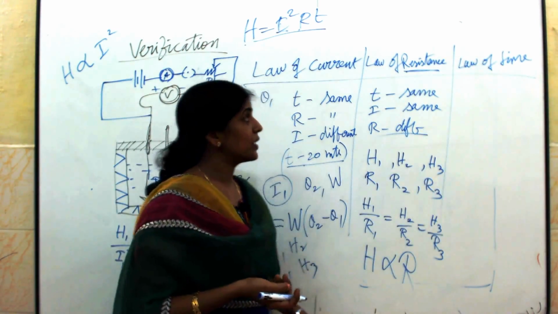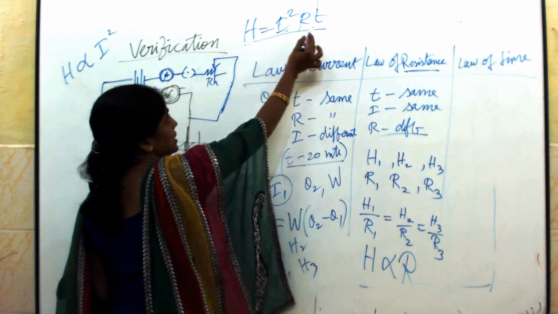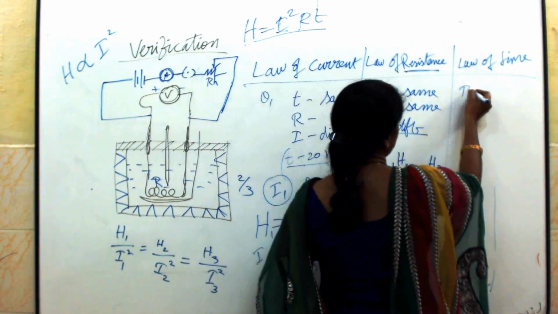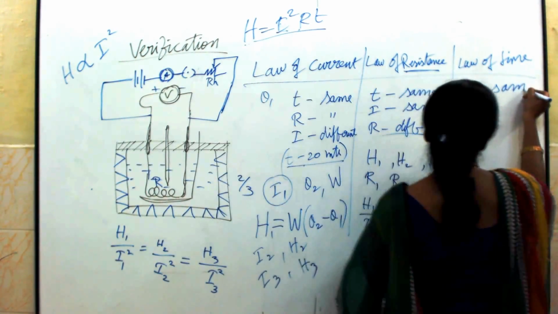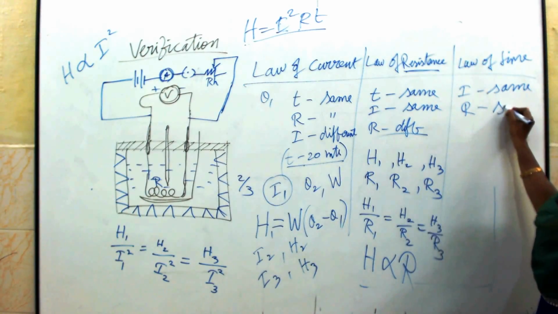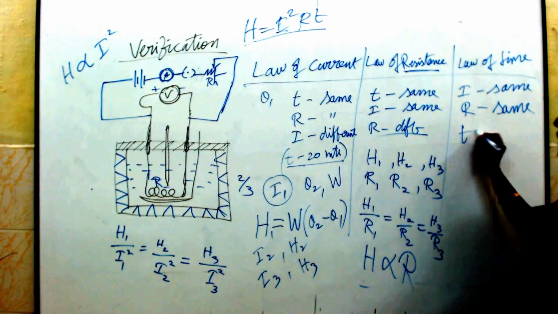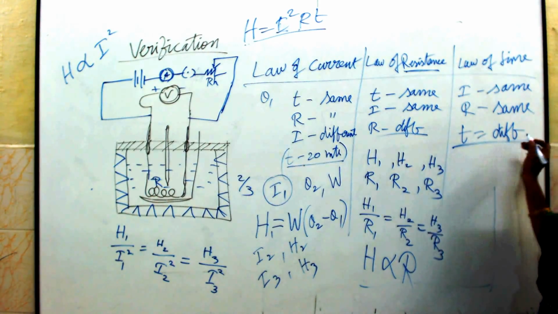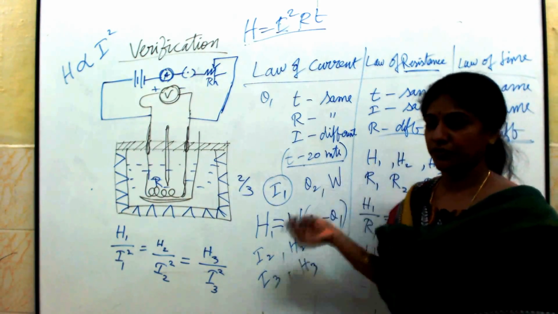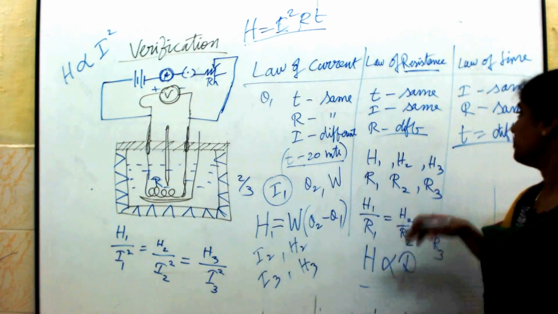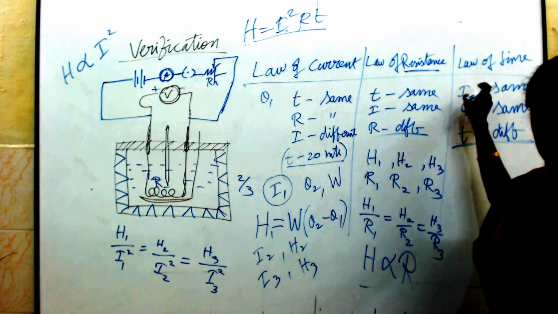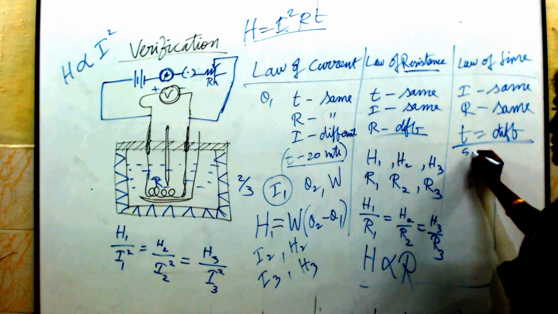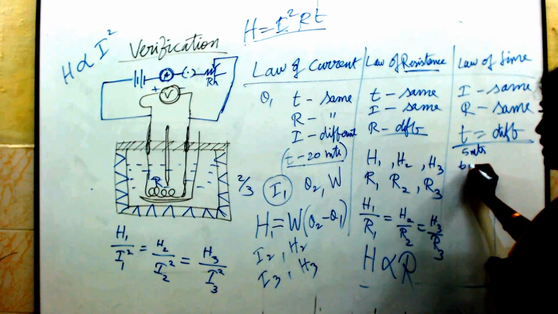Then you go for the third one, that is the law of time. It is directly proportional to T. Here, I will keep the current the same and the coil also the same. I will vary the time of passage of current. So, what am I going to vary here? The time of passage of current I am going to vary here. Same procedure. You allow a current I to flow through the resistance R for a time T. Let it be 5 minutes. Clear? For the first time, T1.